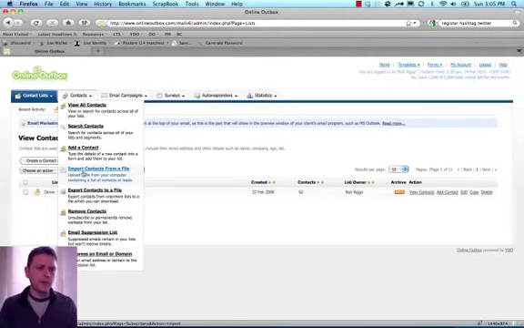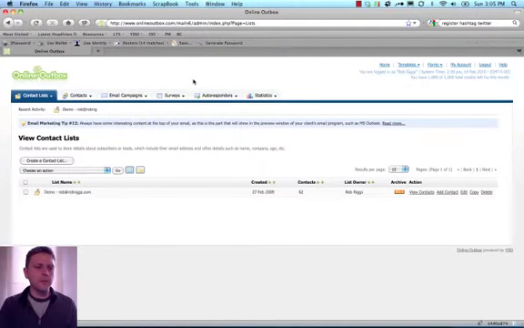A third way to get contacts onto a contact list is by letting the contacts simply do that themselves. You can place a web form on a website and let people subscribe and handle that themselves. And so Online Outbox lets you do that yourself, create a form. So we're going to go over here to Forms, going to create a website form,